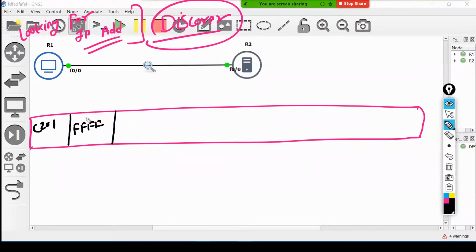Because I don't know where the DHCP server is present, right? I don't know where the DHCP server is present. So I put the source MAC, and the destination MAC will be what? Type field will be what? Ether type. What is the size of this guy? Then after that, what happens?